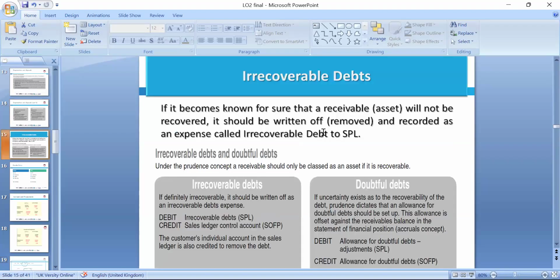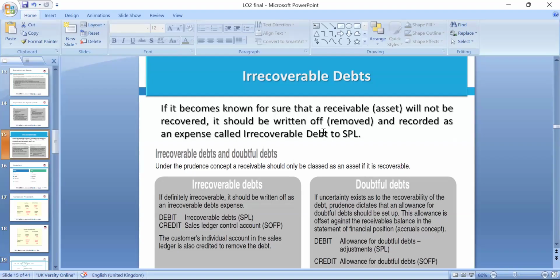Okay, because bad debts is one of the other areas which we need to reflect in the financial statement. Trade receivables, which we call debtors, and the creditors, these are trade payables, and the recoverable debt, and the sales ledger control account we also use, so we can minus these, and we need to make sure we make the adjustment. So please, we need to make adjustments accordingly, doubtful debts and all others.